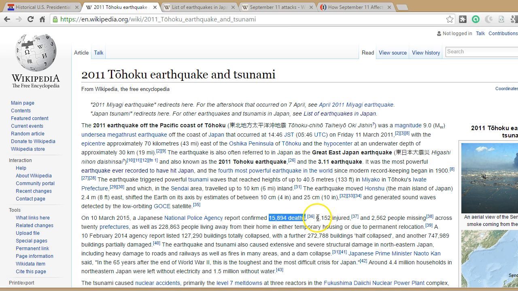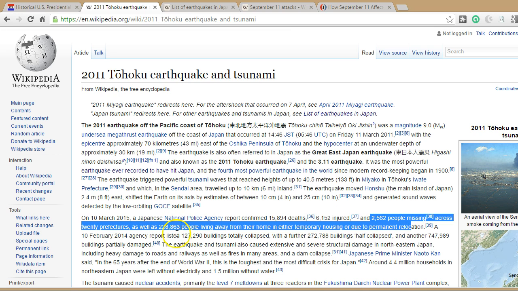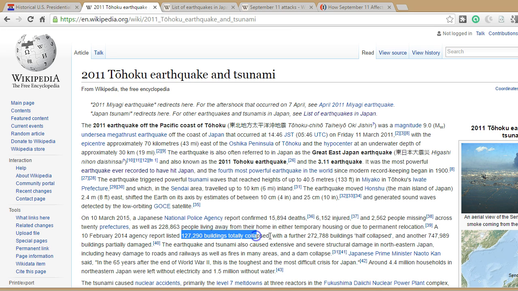Obviously, depending on the sources, that may vary. Thousands of injured, missing people, and thousands of buildings that totally collapsed, and many more that were in a great state of disrepair. This is what we're looking for: events of a magnitude that have the potential to impact the sometimes ivory tower of financial assets that seem to be very choosy about which events it pays attention to and which ones it completely ignores.